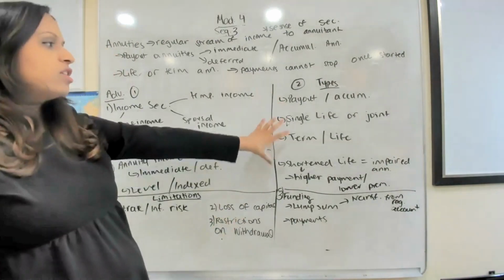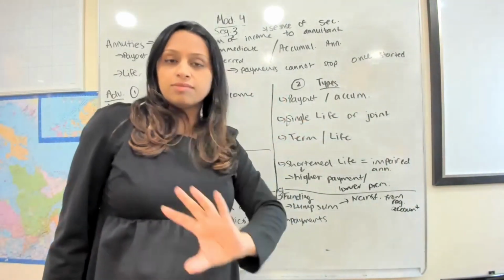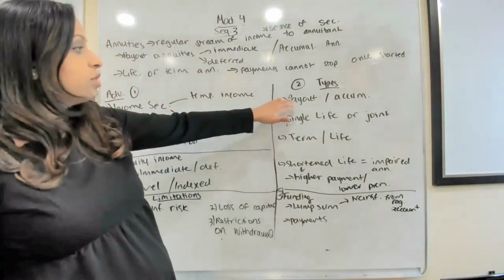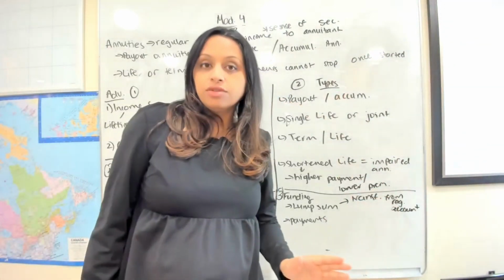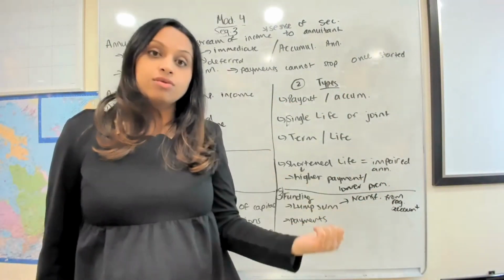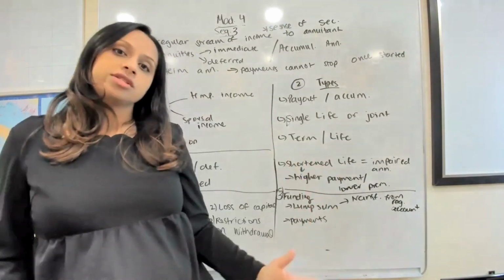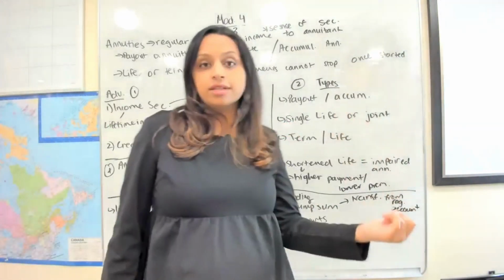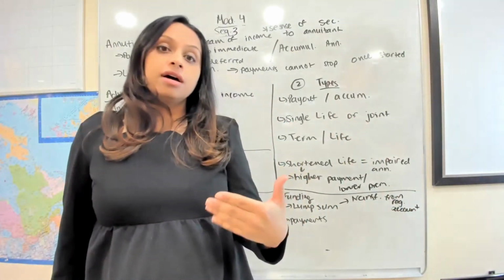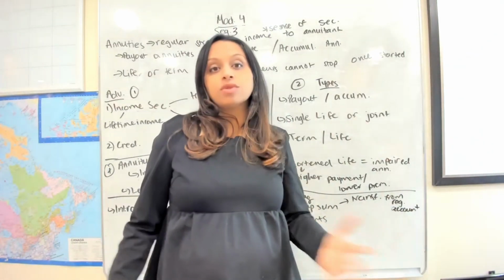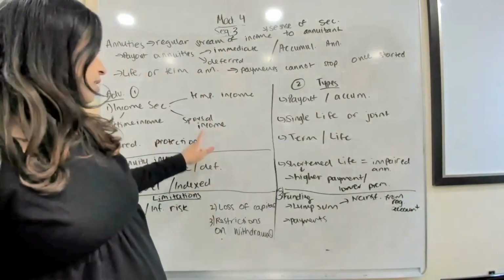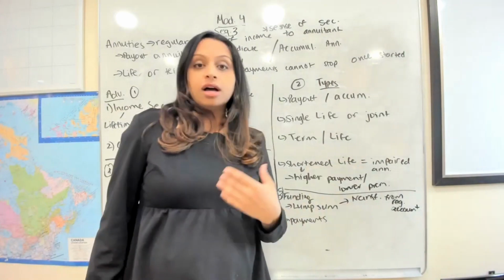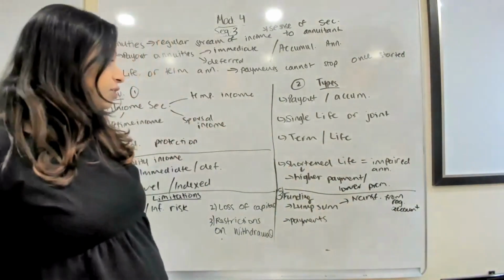And the different types, we've already gone over this, and I'm just going to go over it again. It's a short chapter in the book, but I want to make sure you are very clear on what they are. You can make it into a payout or an accumulation annuity. Payout would be that it's paying you either right now or later on. An accumulation is when you're just getting your funds together. Single life is just on the life of one person, or joint. If it's a couple that you're dealing with, you can make a joint life, so it would be covering both spouses, and that way you have the spousal income also covered. It can be term or it can be life. So again, you can make it a life annuity or a term annuity.